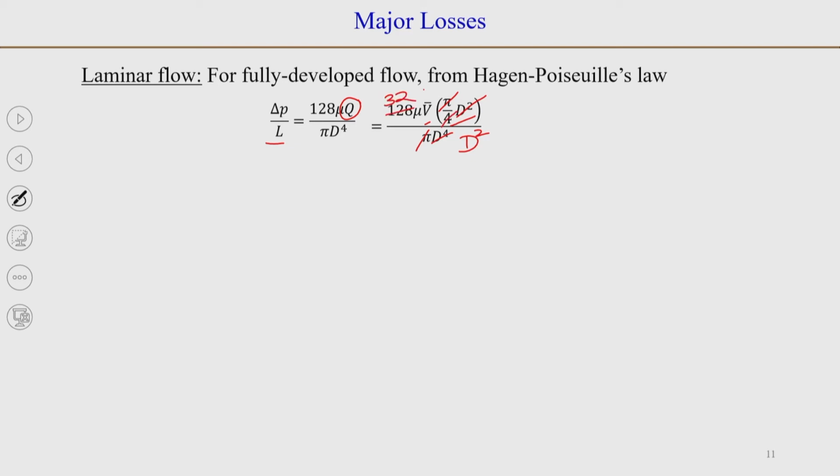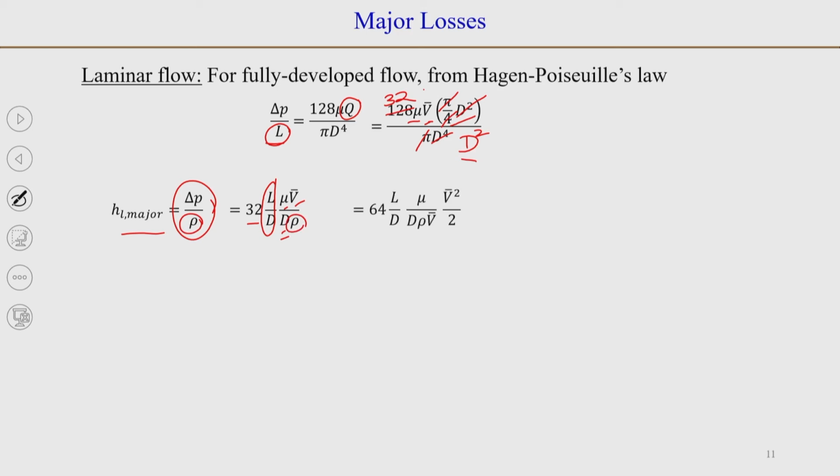So, we can write, because the major lossage is delta p by rho, we can find major lossage for laminar flow, that will be 32, and this L will go on the other side, on the right hand side. So, we will write 32 into L by d mu into V bar divided by one more d is remaining, so d, and we divided by delta p divided by rho. So, this rho comes in here. Now, we can rearrange it further, because we have mu V bar and d here and rho as well.